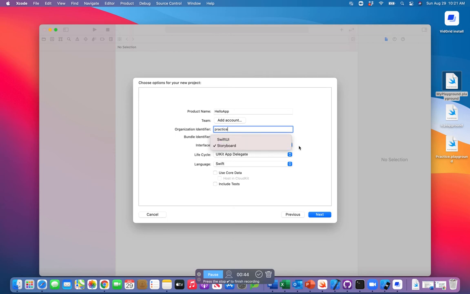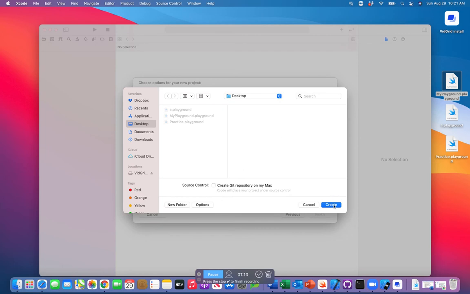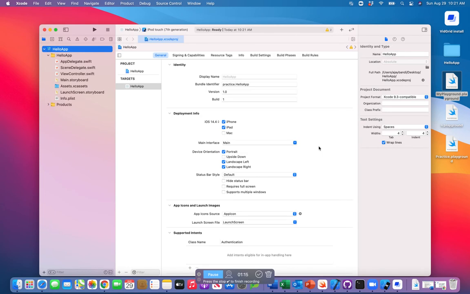And then in developing iOS apps, we have two things. One is storyboard or UI Kit. Another one is SwiftUI, but in this we will be using UI Kit storyboard. So lifecycle UI Kit app, language Swift. I'm not creating any Core Data or using any test cases, so just click next and then create a project, which is a hello app. So our hello app